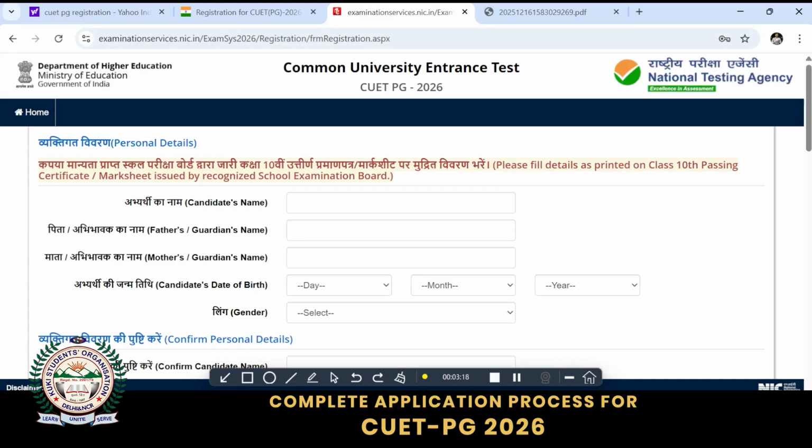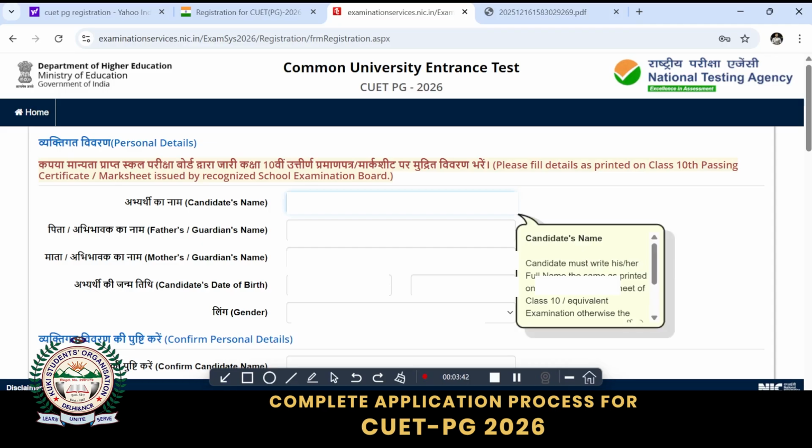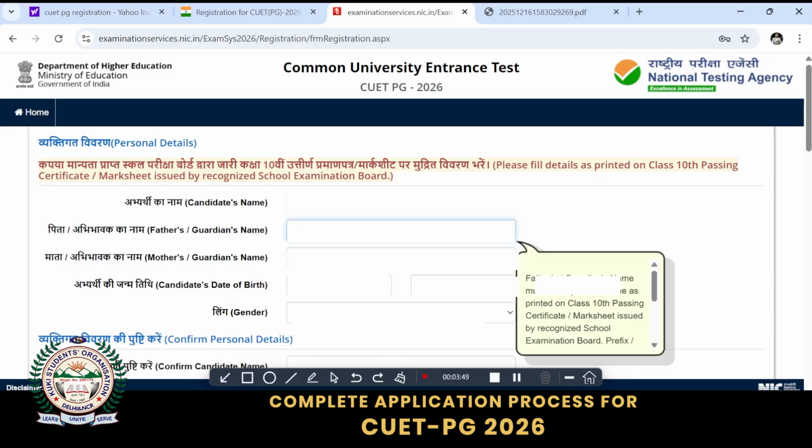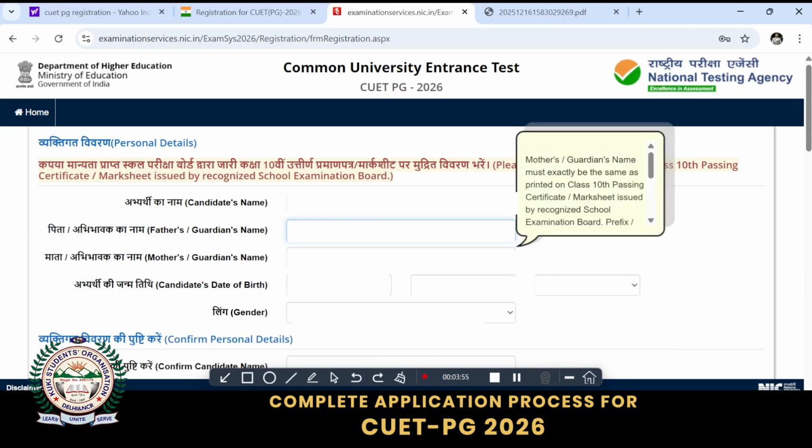Okay, from now here you have to fill in details and please read every instruction carefully. Here it is written, please fill details as printed on class 10 passing certificate. So the details you give have to match with your class 10 mark sheet. First we will start with candidate's name. You have to type in your full name. Then you have to give your father's name, your mother's name,